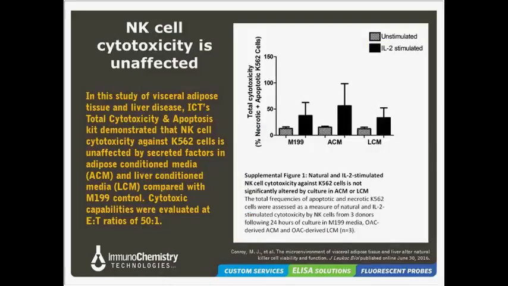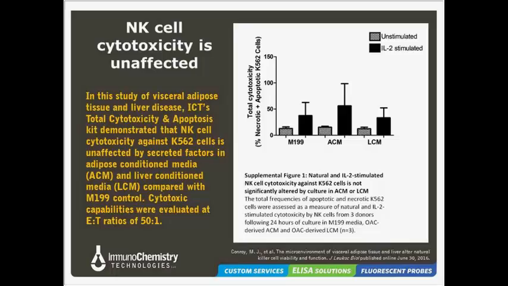In another recent publication using ICT's total cytotoxicity kit, researchers examined the ability of NK cells to kill target cells in the inflamed liver. NK cells were cultured in different media to simulate conditions in visceral adipose tissue and inflamed liver. M199 is the control media. NK cells were added to K562 target cells at a ratio of 50 to 1. And this data suggests that NK cell cytotoxicity against K562 cells is unaffected by secreted factors in adipose conditioned media and liver conditioned media,